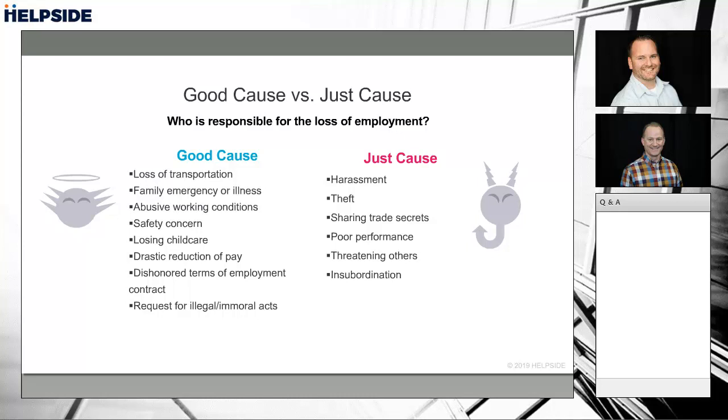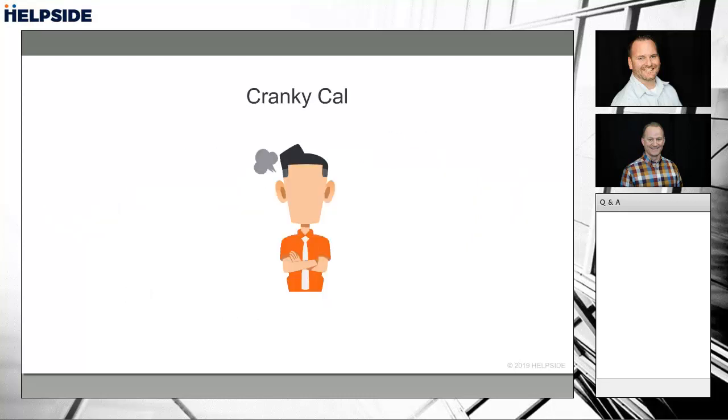But if you do terminate for theft but have zero documentation, there's a good chance the employee is probably going to get it. So yes, even though there are just causes for termination, the employer still has the burden of proof to prove that yes, we terminated with cause. Right. So keep that in mind. Yes, we're at will, and this is where we said sometimes there are consequences.